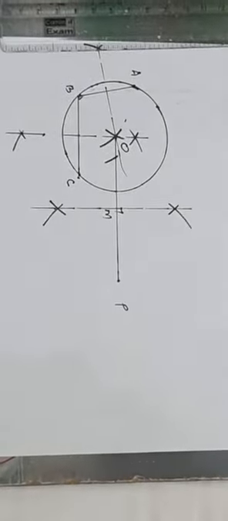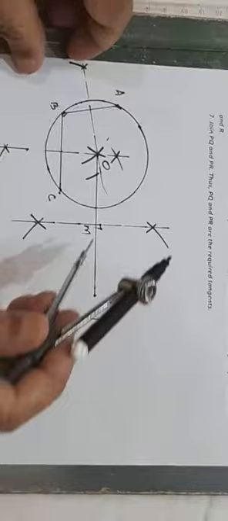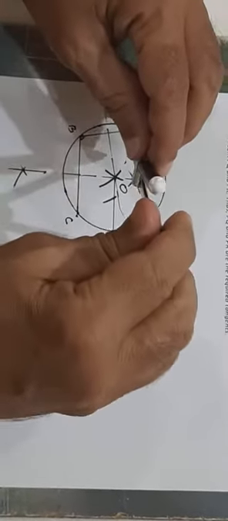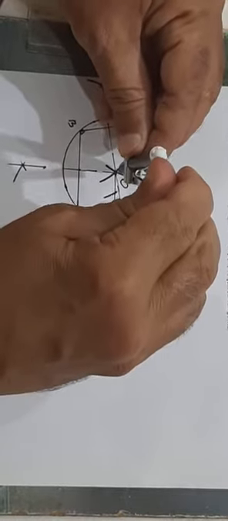Take this point as M. M is the midpoint of OP. Taking M as the center and MO as the radius,